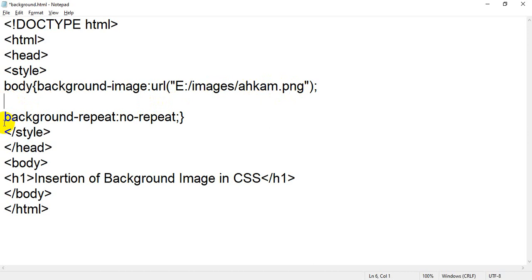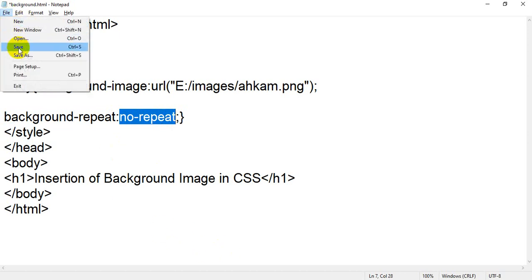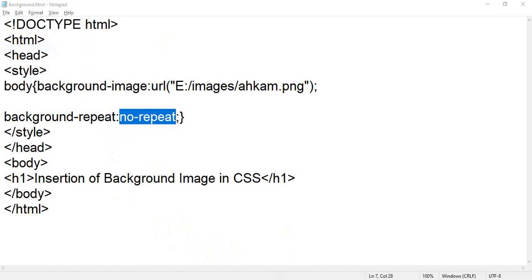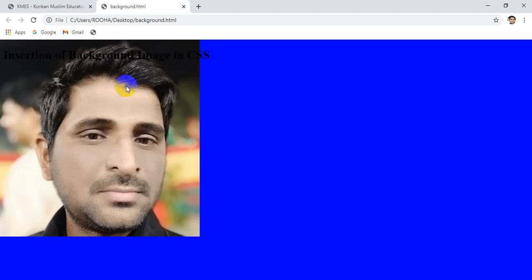Then we added a new property, that's background repeat, and if you want to stop repetition you have to use background repeat and mention the value as no repeat. So your image will be only a single image.